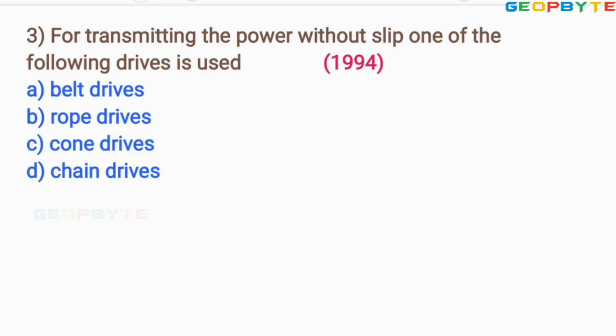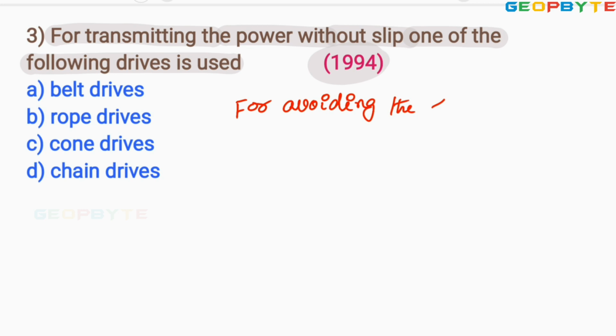Look at the third problem. It is asked in 1994. For transmitting the power without slip, one of the following drives is used. You know, for avoiding the slip in the drive,